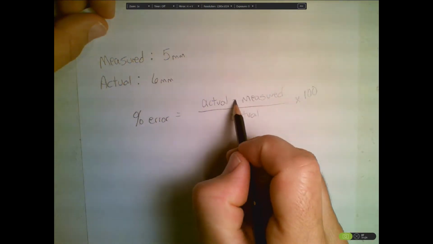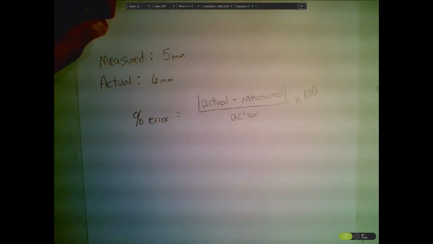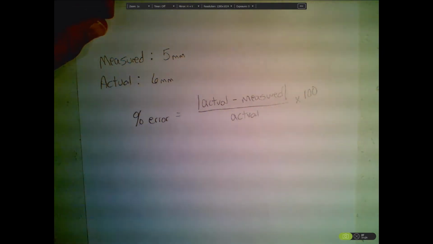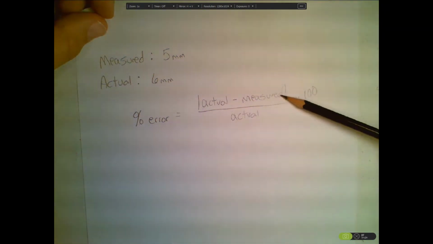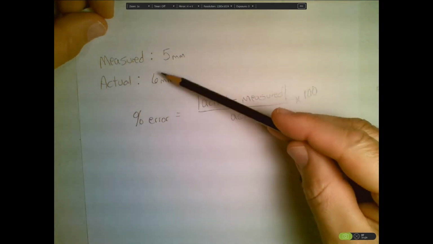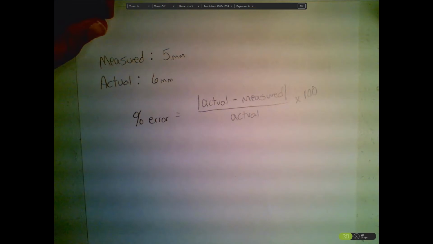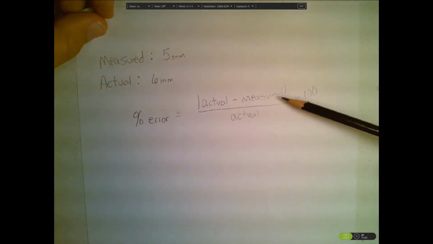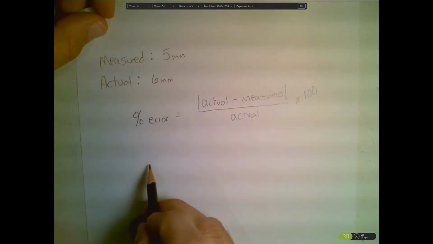And there's something else that we want to do. We want to take the numerator and we want to put absolute value bars around it. I am not interested in whether I am 1 millimeter above, in this case I'm 1 millimeter off, 1 millimeter above or 1 millimeter below what the actual is. I'm just interested in how far away I am. So if you stop and think about a number line,